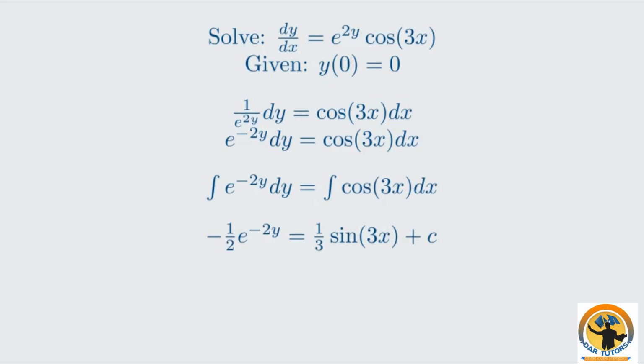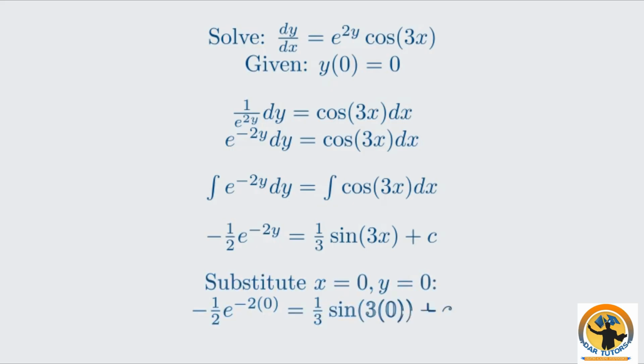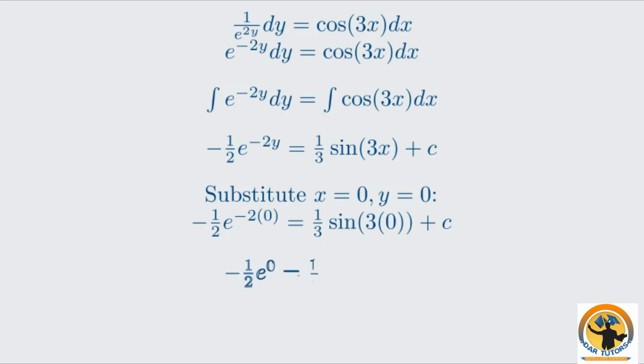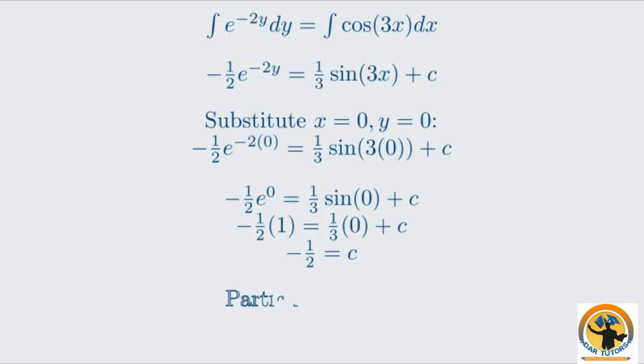Now we use the initial condition y of 0 equals 0 to find the specific value of c. This will give us the particular solution. We substitute x equals 0 and y equals 0 into our general solution. E to the power of 0 is 1, and sin of 0 is 0. So the equation simplifies to negative 1/2 equals c. Now that we have the value of c, we substitute it back into the general solution to find the particular solution. The particular solution is negative 1/2 e to the power of negative 2y equals 1/3 sin of 3x minus